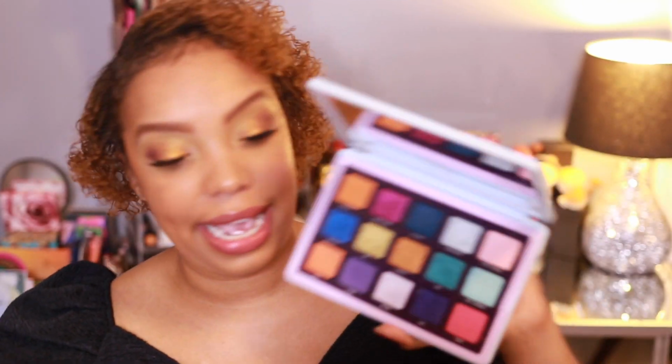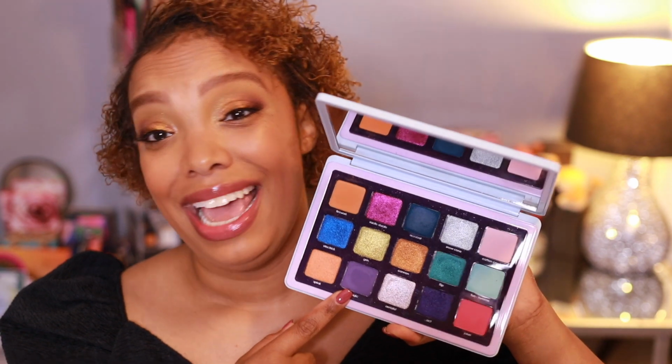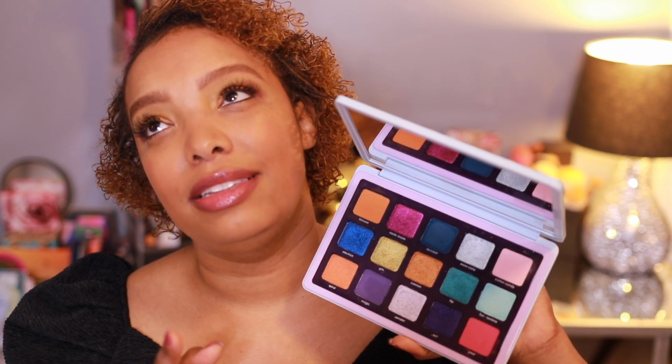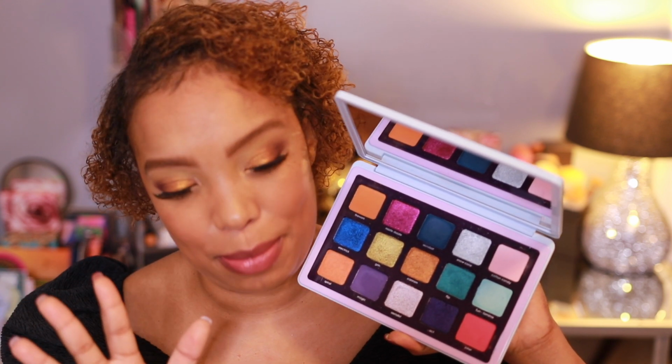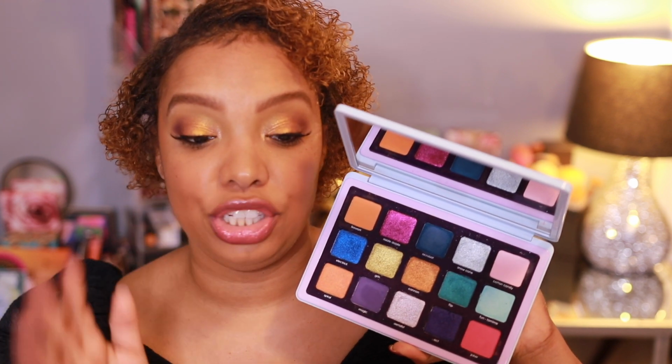The shade Cotton Candy is okay. It's rather light on my particular skin complexion, but it does blend in very well with Magic. And Magic is a beautiful blur pool. So I really feel like it's unfair for this palette to be so far down in the ranking, but we're only ranking 5 palettes at the moment. So like I said, it has to go somewhere, but there are things that I really appreciate about this palette